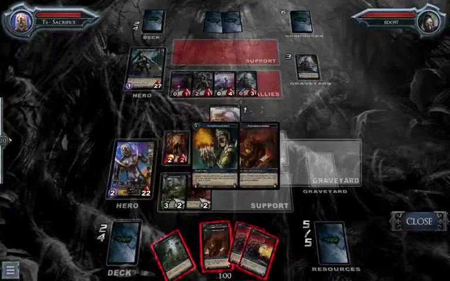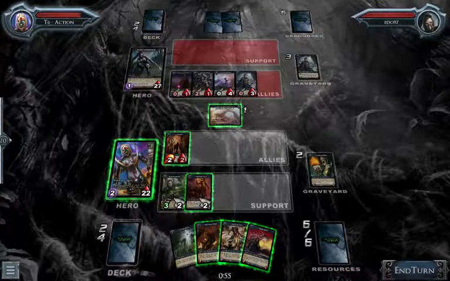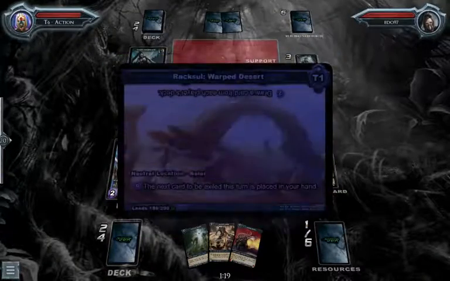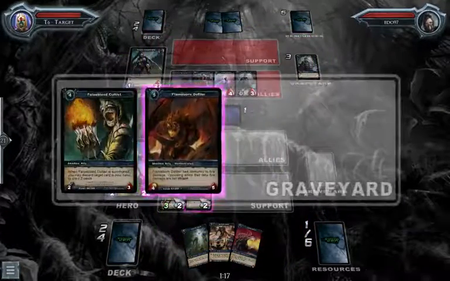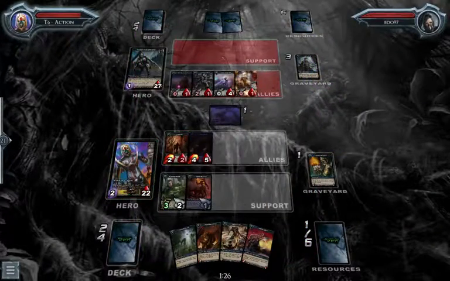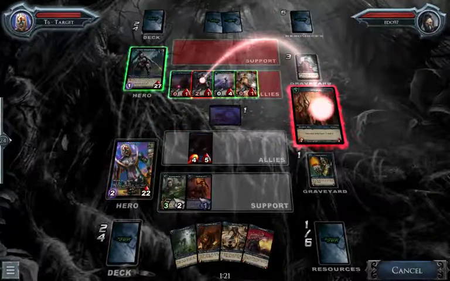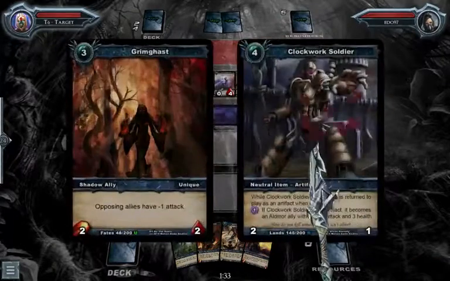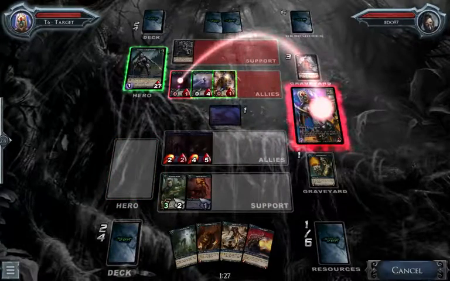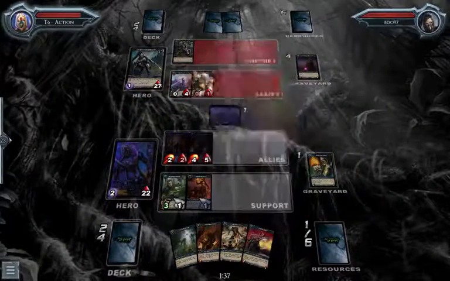So let's see what we can do here. We draw Flameborn Defiler. Pretty nice draw, in my opinion. So what you can do here is just play the Flameborn Defiler, use the ability, use the Tarverton Scroll from the Flameborn Defiler, and as you know, Flameborn Defiler also burns the opposing ally. So yeah, this is absolutely nice. So I'm just going into this Clockwork Soldier, and then into the Darklight Apprentice, of course, so she doesn't get the shadow energy back. I don't know why she didn't pick the...